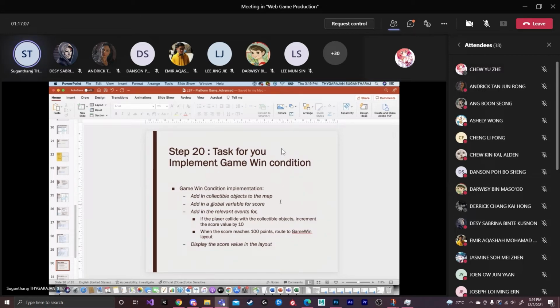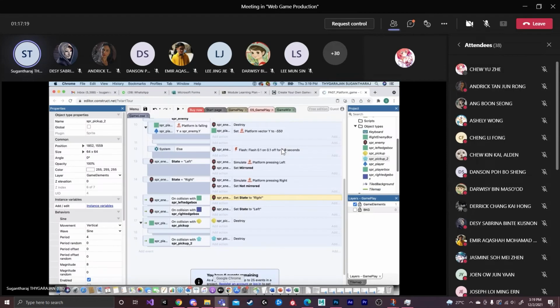Okay, one more thing. What you can do is set up a score. You can set up a global variable. This one we have done in the previous lab. So you can set up a score for when it touches a particular object. Suppose when it touches the first one, then you can increase the score to 10. Suppose for this one you want to give the points as 20.